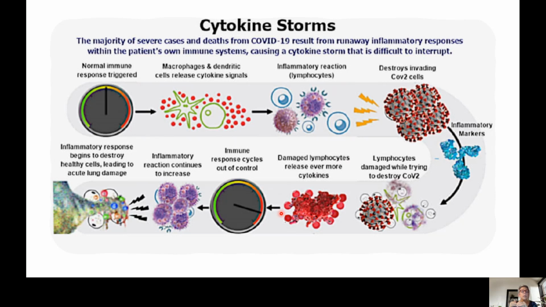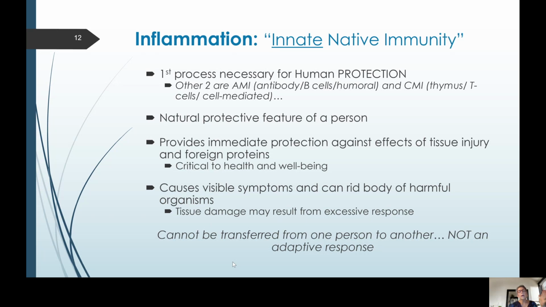This inflammatory reaction continues to increase, and as a result, it begins to damage even healthy cells, leading to acute lung damage. So anything that is done in excess can just run amok and start destroying perfectly good cells. So this is an example of when good intentions run amok. It's sort of like the negative feedback system has been shut off and the immune system is in overdrive. So we have to try to figure this out. So that's how it is working these days with the